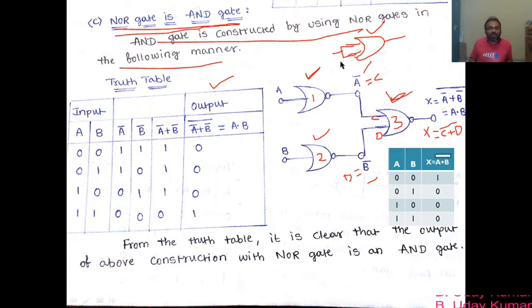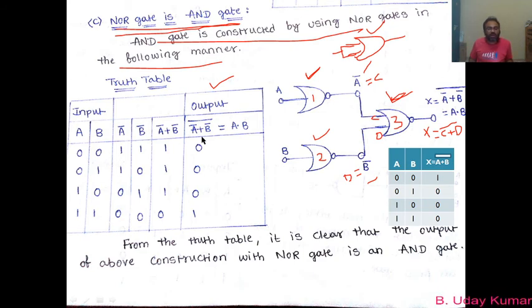Okay, so now the inputs of this entire configuration become A and B, and the output becomes X. Let us try to find the output of this configuration by applying different values of potential to the inputs A and B. As you already know, the inputs are A and B, and the output X is equal to (A bar plus B bar) whole bar. So this is the output of this entire configuration. To find this output, let us as usual take the combinations of the potentials applied to the input terminals A and B as 0 0, 0 1, 1 0 and 1 1.